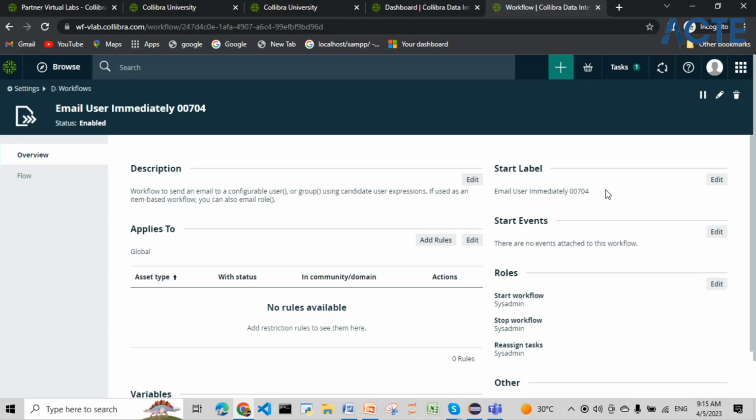The start label is nothing but the name of the workflow, and then the start event. In some cases, we can have an event-based workflow. If someone is deleting a domain, then start this workflow. That event will be triggering this. The post data ingestion workflow is also an event-based workflow. If someone is registering a data source and someone is refreshing, like ingesting, the data source,